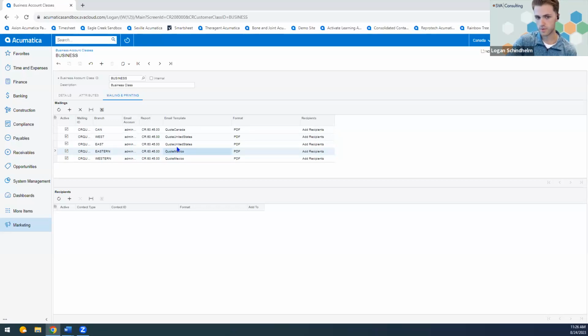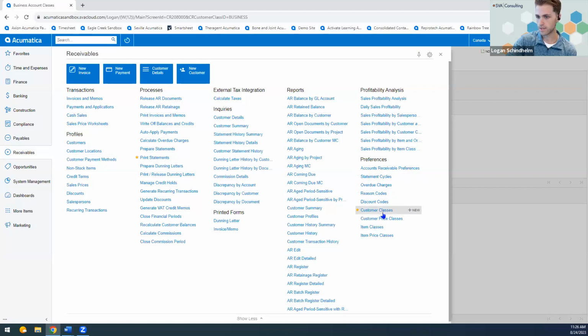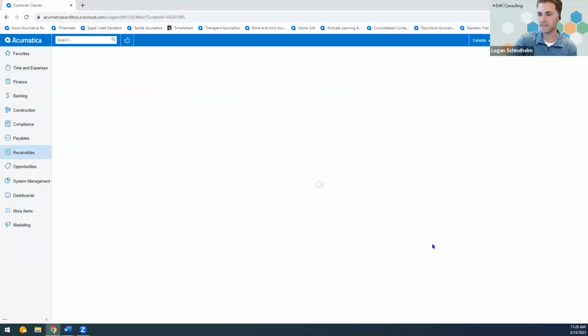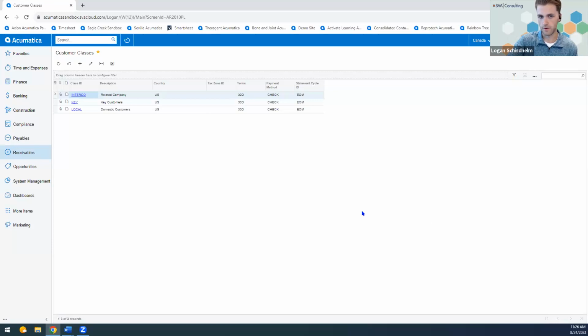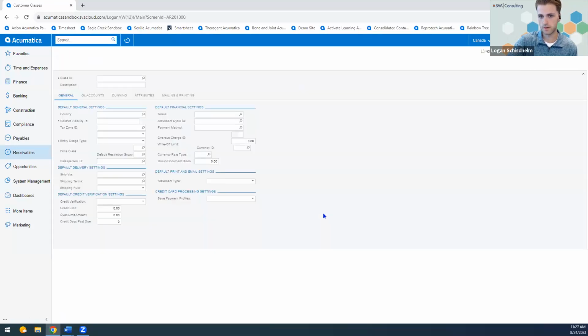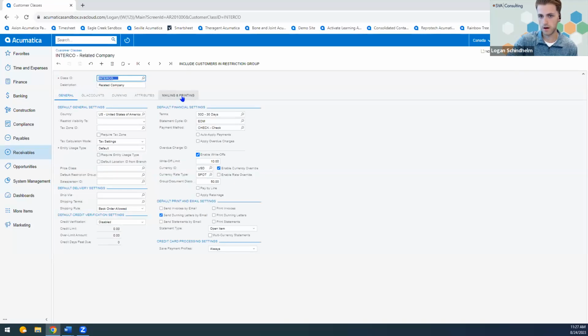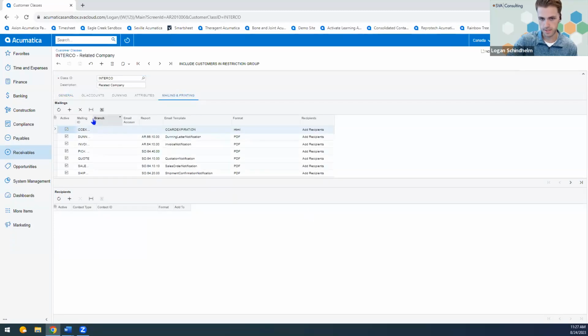This is not specific to sales quotes or the marketing module. So for example, if we went into the receivables module, went into our customer classes, we can set defaults in the same way that we set the default for quotes. Underneath our mailing and printing settings. So as you can see, if I expand this mailing ID,